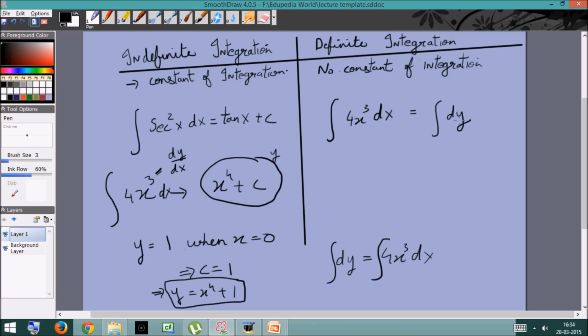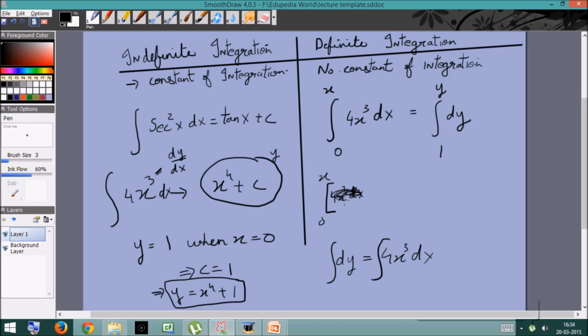Now instead of calculating the integral of dy to be y and 4x cubed dx to be x to the power 4 plus c, I can put what are called the limits of the integration right here itself. So we know that y is 1 when x is 0, and let's say y is equal to y when x is equal to x. So what we do is we calculate the integral and we put the limits. So this is how we write it. Between the limits 0 to x, 4x cubed dx,